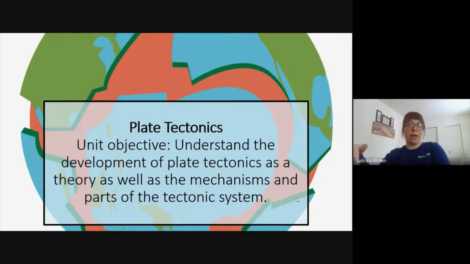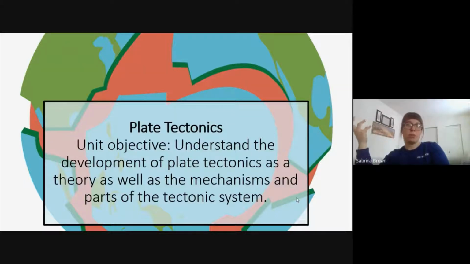And then in our lab, I believe it's next week, we will do an activity related to how the theory of plate tectonics developed and a lot of the evidence behind it to support the theory. So today I just want to cover the main mechanisms and parts of the tectonic system and tectonic plates. And then in lab, we will do an activity surrounding the development of this theory, because it's one of these big